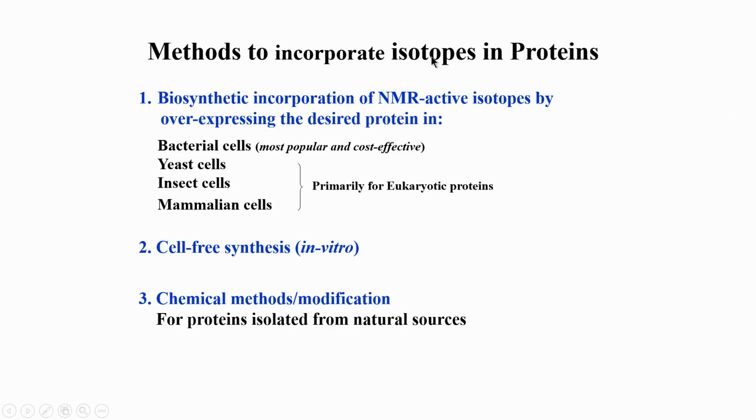So, isotope labeling essentially is restricted to these 2 biosynthetic approaches: this is inside the cell, and cell free synthesis, which is outside. Again, in this particular course we will be focusing mainly on this part, bacterial cells. So, in the next class we will see how we can use bacterial cells to express the protein of our interest and carry out the desired isotope labeling.